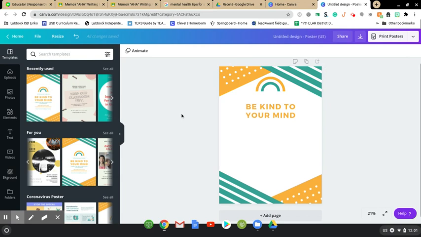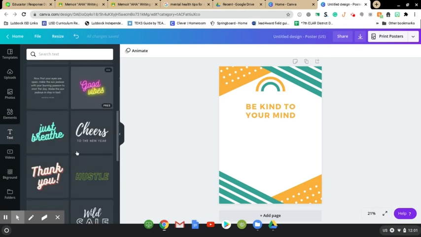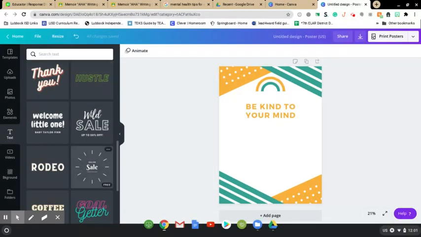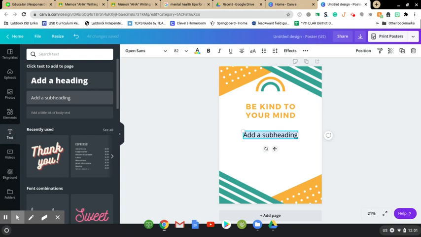What I'm going to do now is go over to this text button. I can either choose this pre-made text where I can just type those words in and it'll have that format, or I can add a heading or a subheading. A heading is going to be something this big. A subheading is going to be a little bit smaller. And this is more like a normal body of text. I think I'm going to do subheading size, because then it's still relatively big, but not too big. So here I'm going to be like